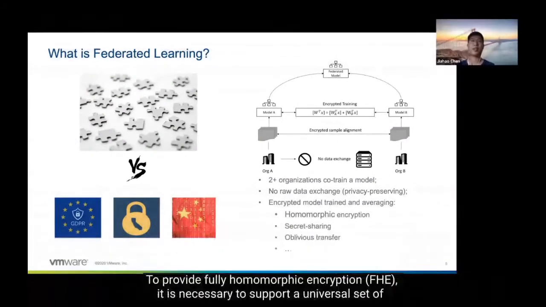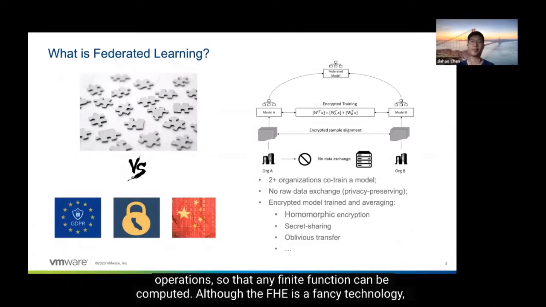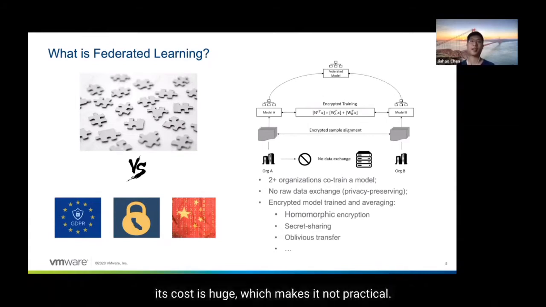To provide fully homomorphic encryption, it is necessary to support a universal set of operations, so that any infinite functions can be computed. Although FHE, fully homomorphic encryption, is a fancy technology, its cost is huge, which makes it not